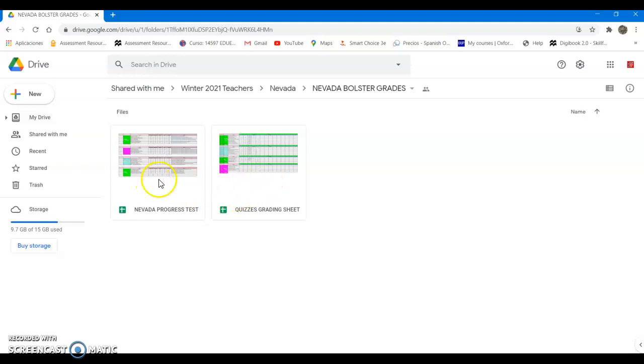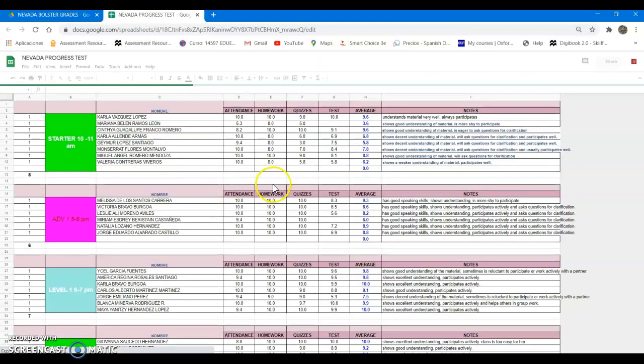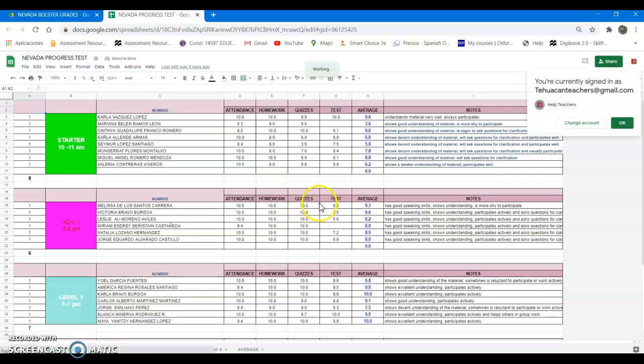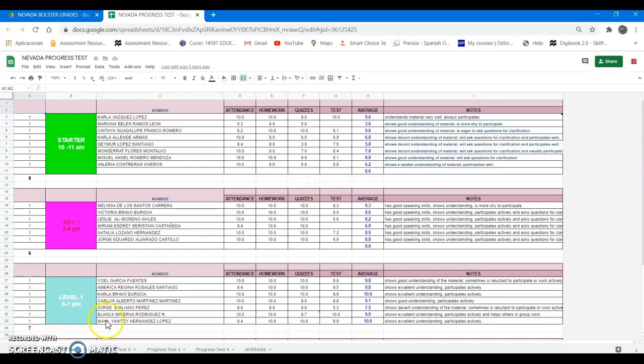You will use the same formats that you used before. You will need to complete Progress Test 1 if it is still needed. Then you have to go to the Progress Test 2